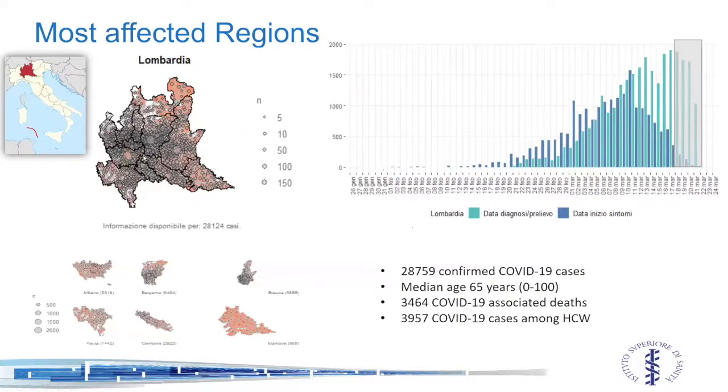This is Milan, just to let you know. This is the Bergamo area, which is actually one of the most critical areas at the moment. This part is the border with the Veneto region. This part is the border with Emilia-Romagna. And Bergamo, as you can see, is the province. And the other one is